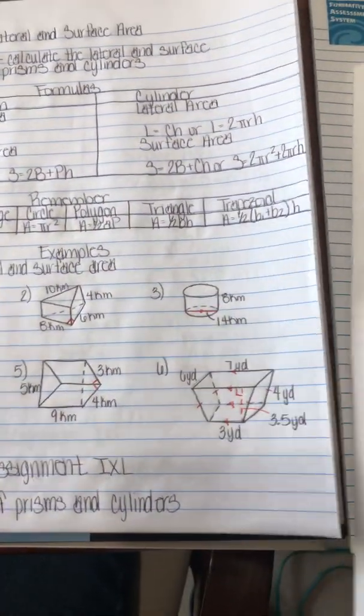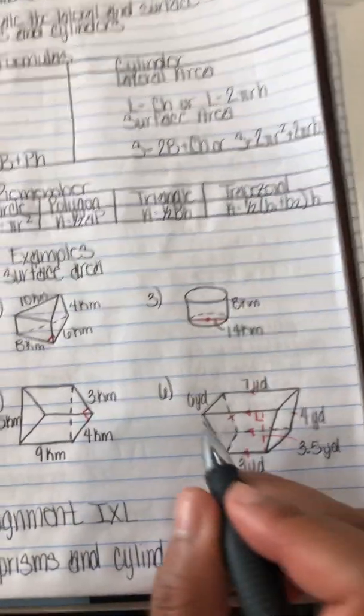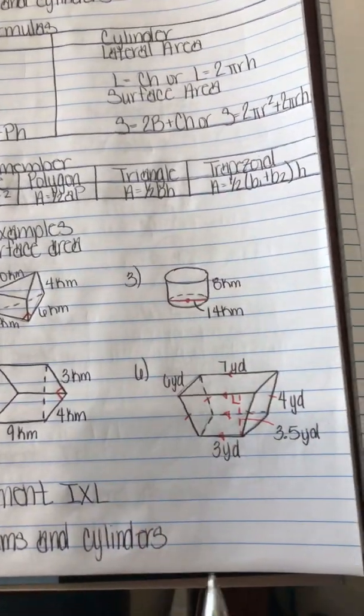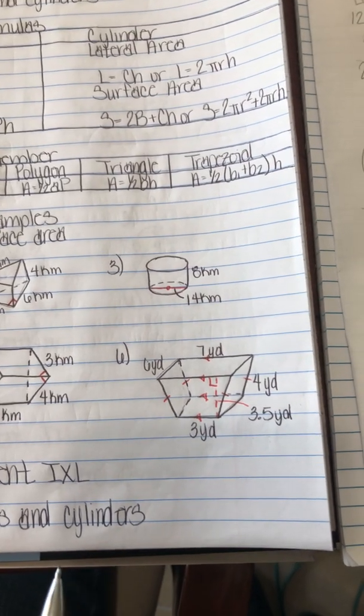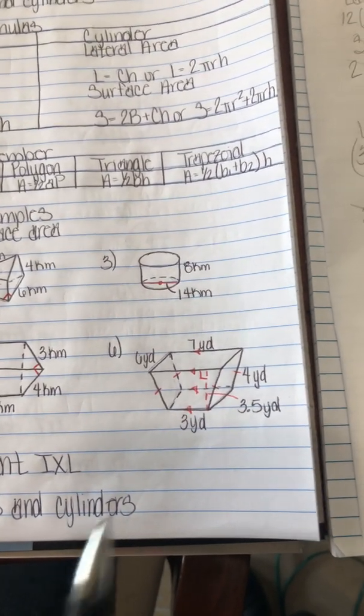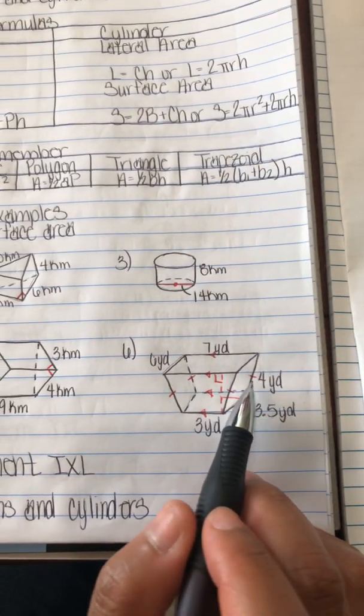All right, for the last one, as you guys can see, this is a trapezoid. So I'm going to be using the trapezoid formula. But before I do that, I need to find out what the sides are worth. Now, if you notice here, they say that